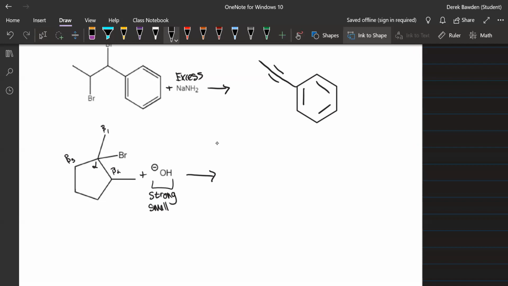Any of these that the double bond can't go between? Any of them not able to do an elimination reaction? Beta 1? No, beta 1 is able to do it. It's got a proton. So it looks like all of them are, because they all have protons. So we're going to get